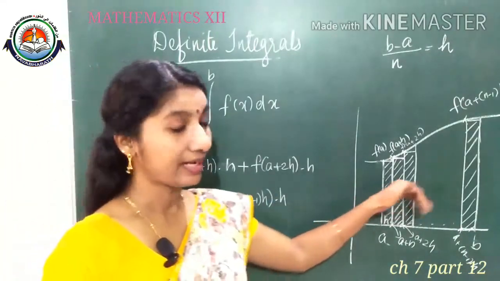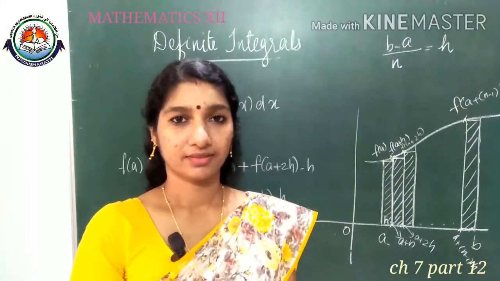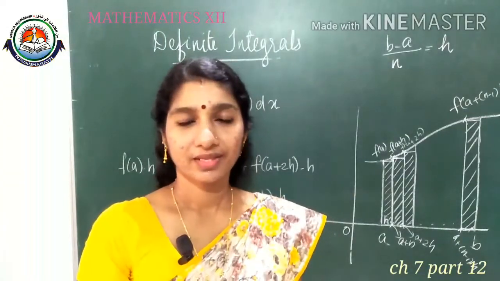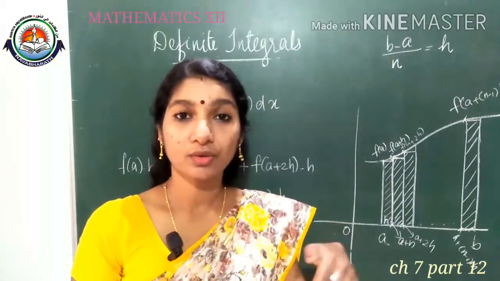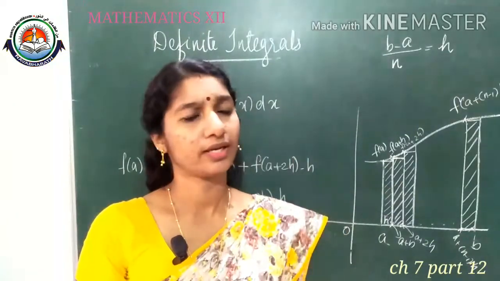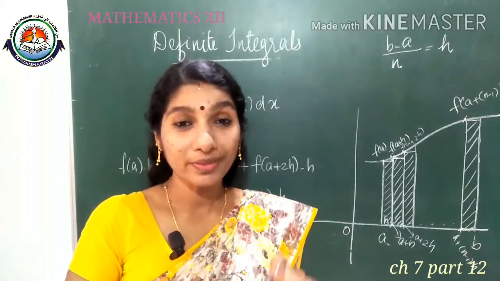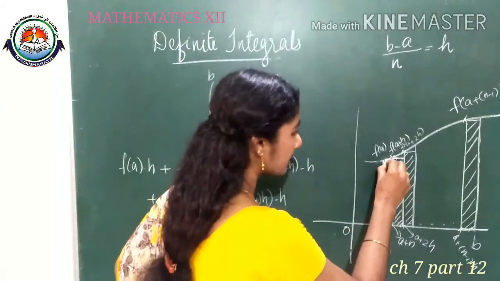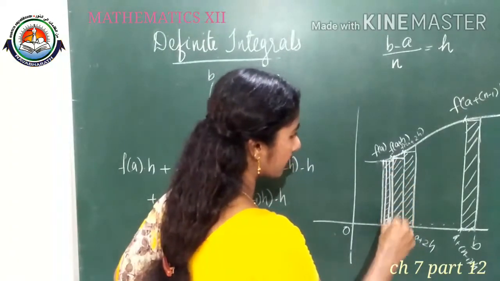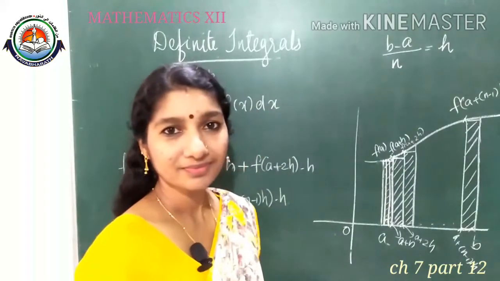Now we divided n divisions. Suppose that n equal to 100, we are getting 100 divisions. Suppose that n equal to 1000, we are dividing into 1000 divisions. What will be the change when we are taking n equal to 100 or n equal to 1000? When we are dividing into more pieces, what will happen? See, the strips will be like this. First strip, second strip. So there will not be this much gap, isn't it?